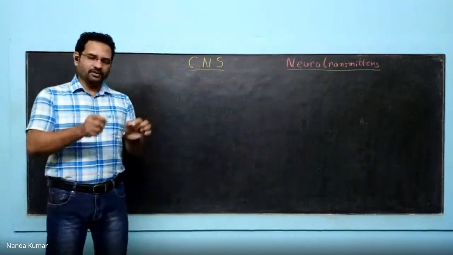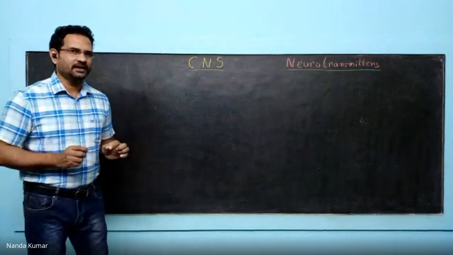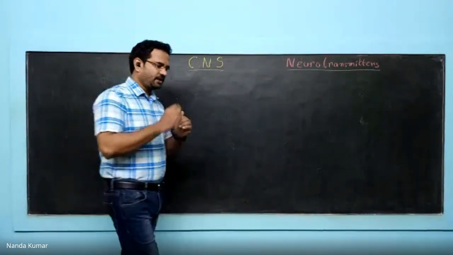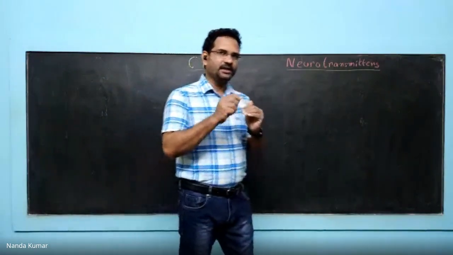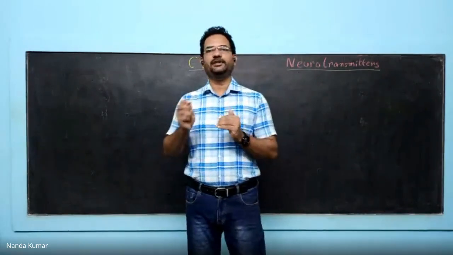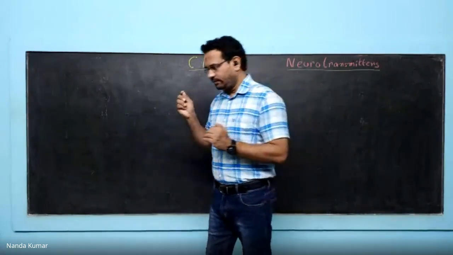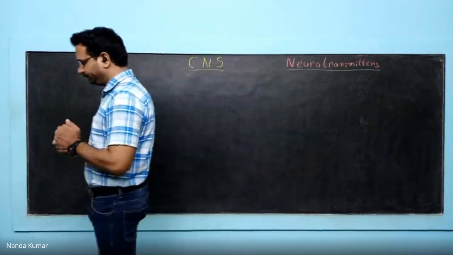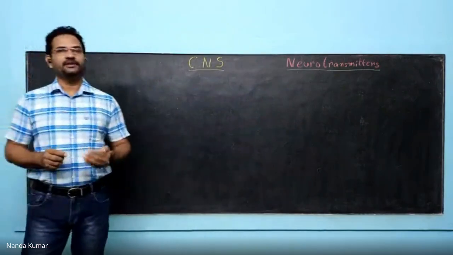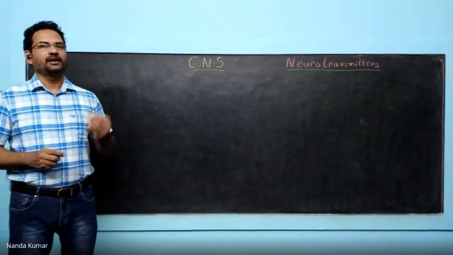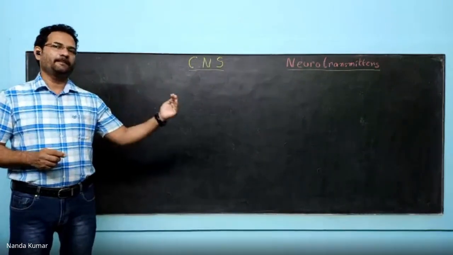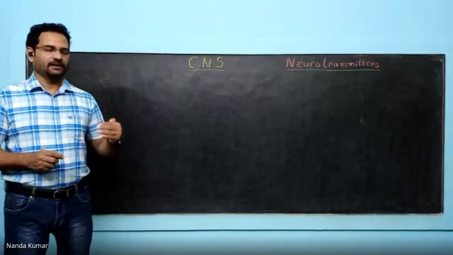Now the meninges go to the spinal cord also. There is a slight difference. Between dura mater and bones, there is a small gap, and that is known as the epidural space. When people undergo cesarean operations, epidural anesthesia is given. The epidural space is not present in the brain; it is only present in the spinal cord.